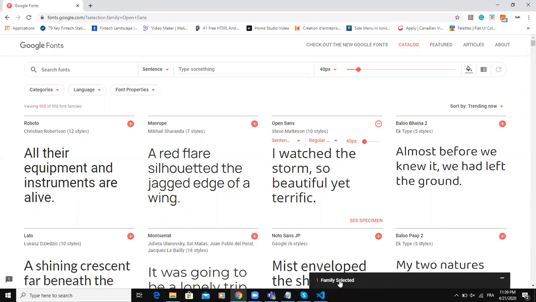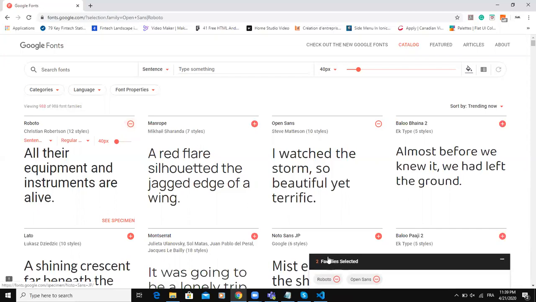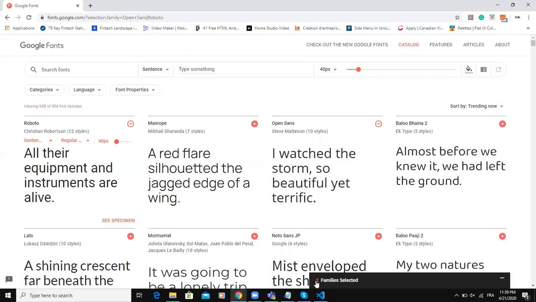Here we have one font family that has been selected. I can say, okay, I want to add a second one, like this font here, I can add it, and you will see that it says two font families selected. So if you also wanted to choose a third one and you had it completely in mind,